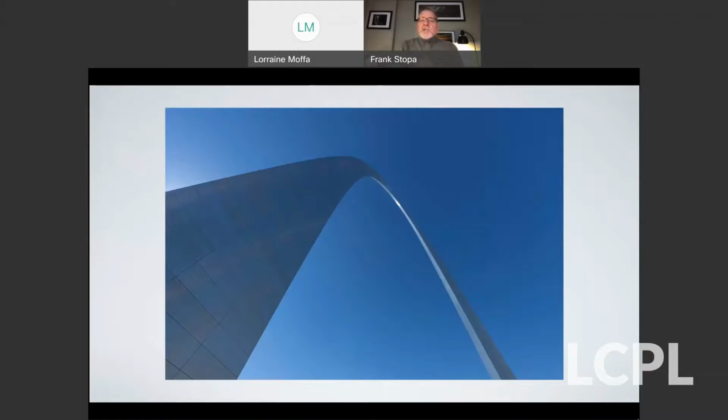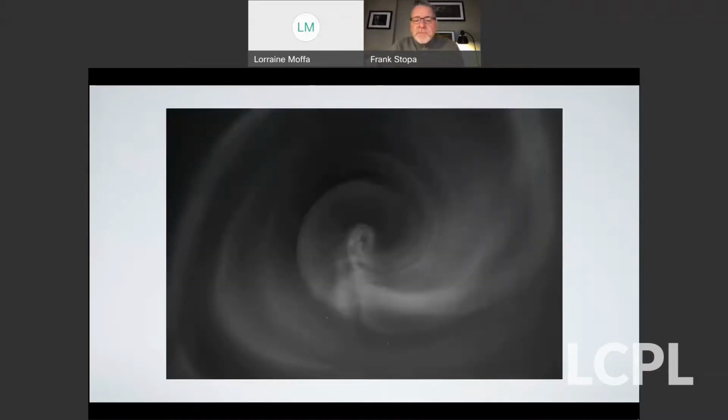My next one, this was a lot of fun. This was shot in Frank's basement. Oops, got a couple spots on there. This image is entitled Painted Light Number 8, and it is subtitled Spectre. And this was Frank on a bored afternoon, bad weather, nothing to do in the middle of the pandemic. I was playing with my camera, trying to come up with an interesting photograph, and silly me, I put a black background up on the desk I'm working from right here. I put a jar,